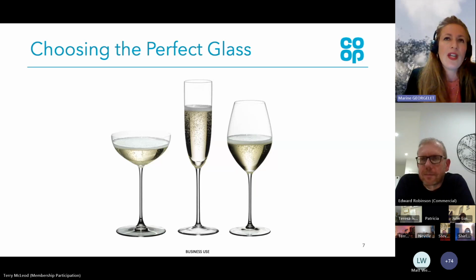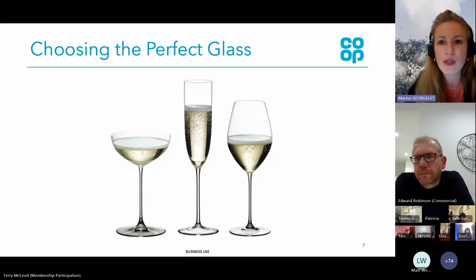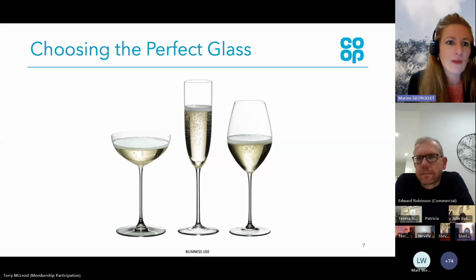Then we recommend for the perfect temperature to be usually between 8 to 12 degrees. So you've got some margin. Anywhere warmer than this will likely spoil the experience a little bit. But that also depends on what the weather is like at the moment. If you're going through a heat wave, drink it slightly colder so that it won't warm up too